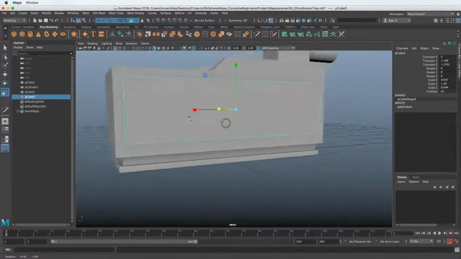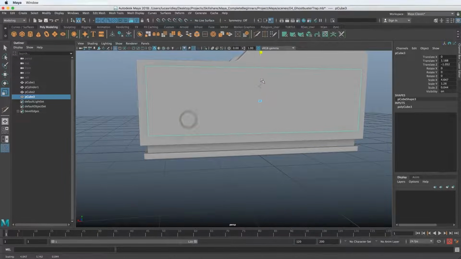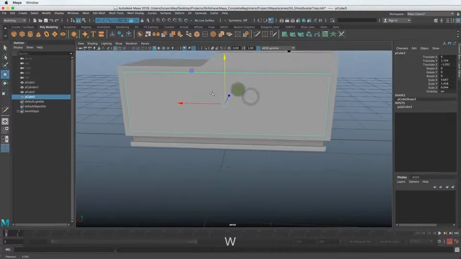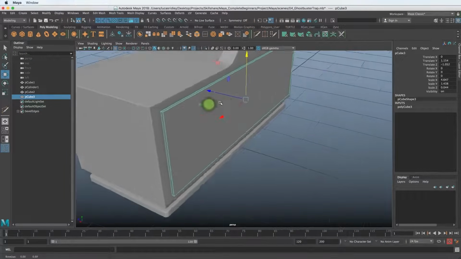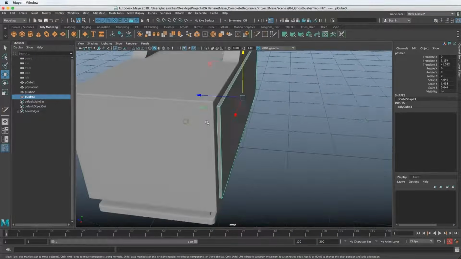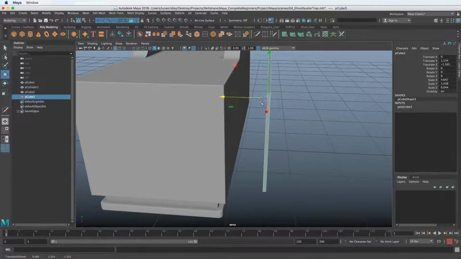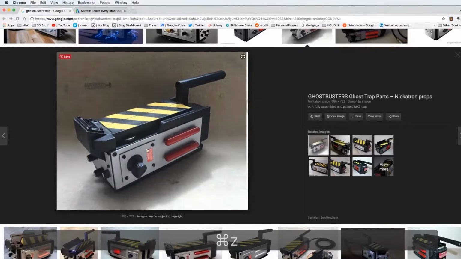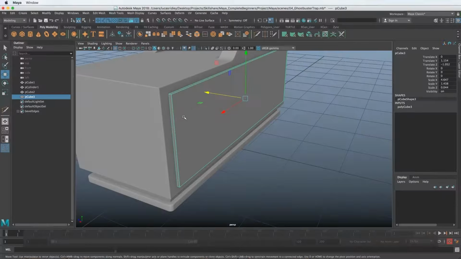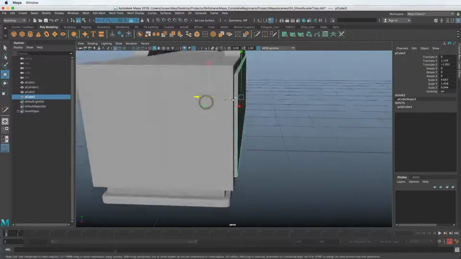And this is important to do, to have a separate piece, because when we add materials later, we want to have a different object. You can see over here, it's called P Cube 3, and we can start naming these things if we want to clean this up. But basically, this is a separate object. We can see it in the outliner, so we know it's a separate object. So it can have a different material, because if we look at the reference, this is a kind of aluminum metal, and this is like a painted black or something. So it's good to have those separated out.